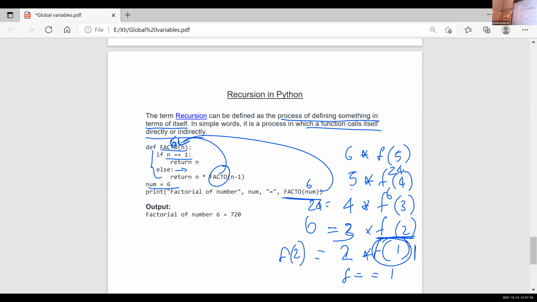You just understand what is recursion. And if there is any doubt related to this execution, you just write like this and find out the value based on that.